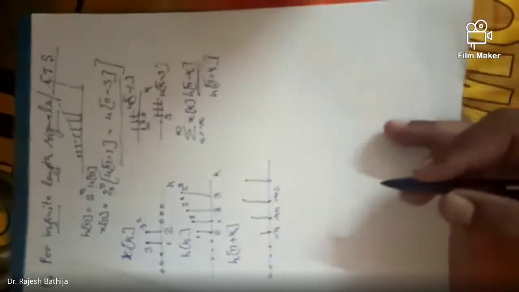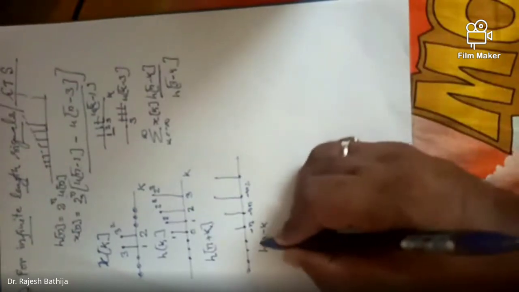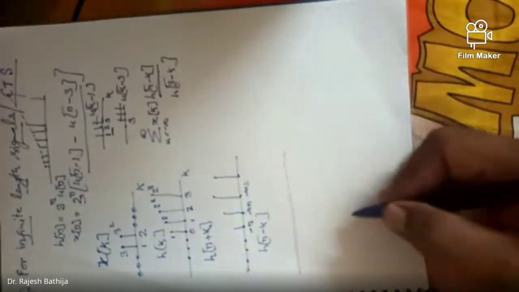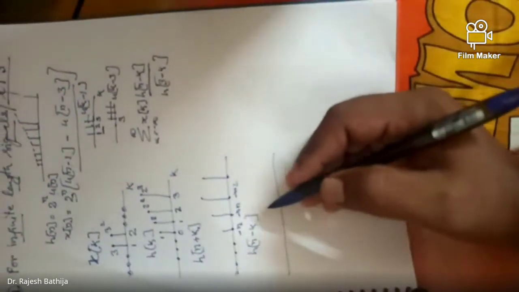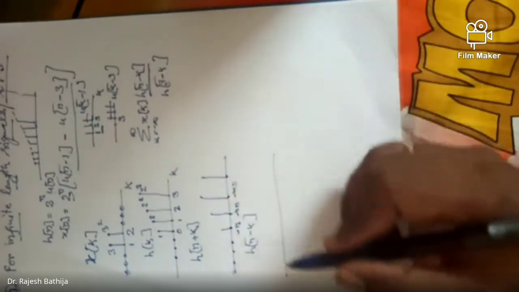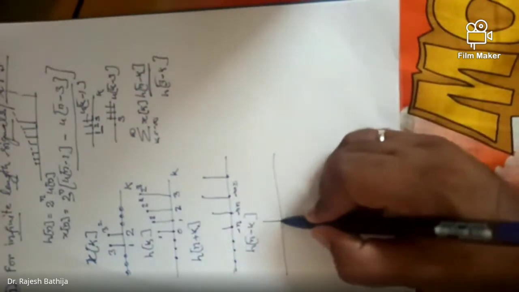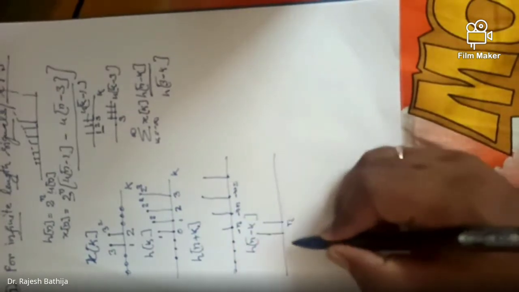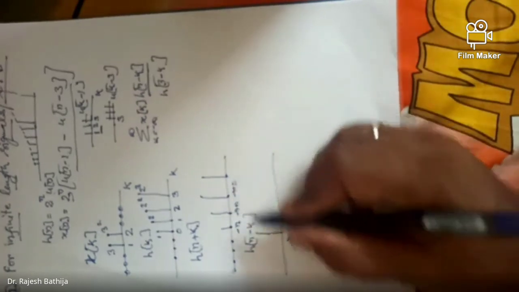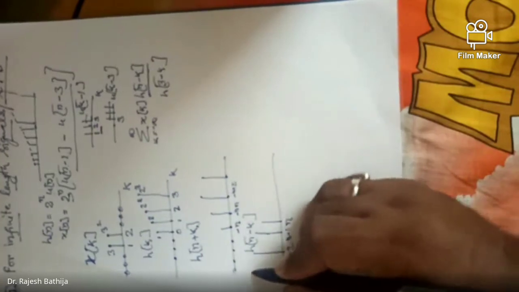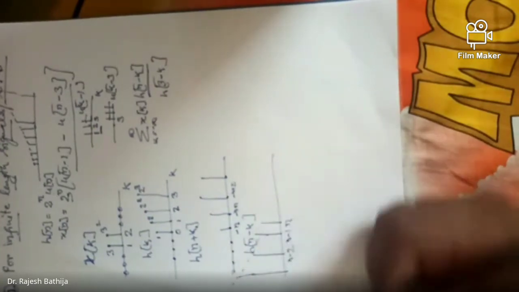Right? Now after this, what I have to do? h of n minus k. That is the time folding I have to take. So what I am doing? I am multiplying k with minus, here I will divide this with minus 1. So dividing with the minus 1 or multiplying with the minus 1, both are same. So if I multiply this by minus 1, this minus n will become plus n. This minus n plus 1 will become n minus 1. This minus n plus 2 will become n minus 2 and so on. So it is increasing in this way now.